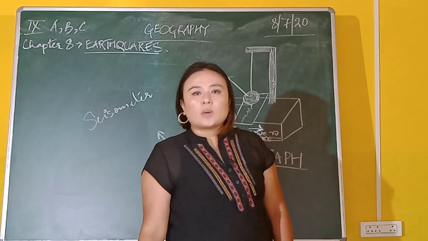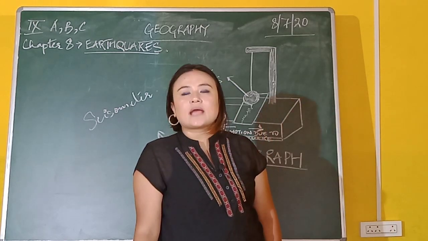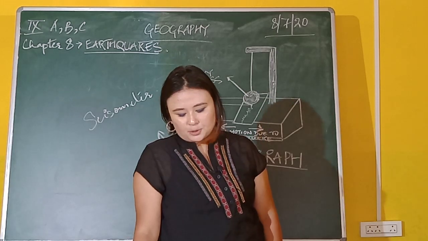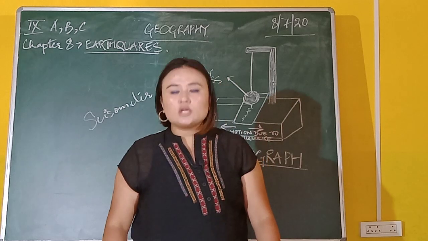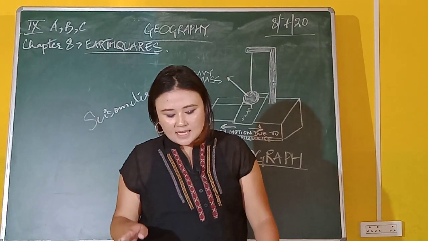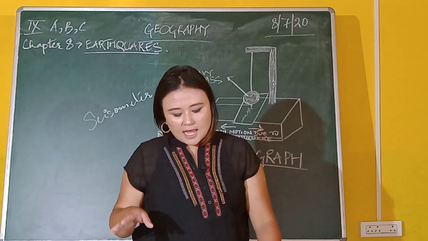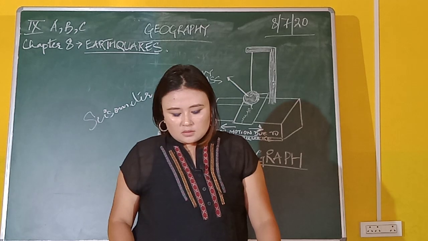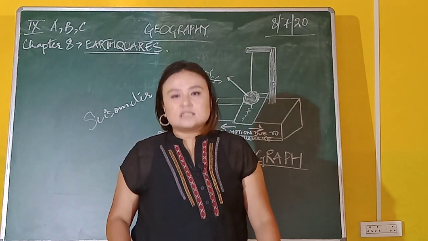Now the Assam earthquake in India that was recorded in 1897 was of magnitude 8.7. The Gujarat earthquake of 2001 had a magnitude of only 7.7 on the Richter scale. That means 10 times less than the Assam earthquake. Yet it caused great damage.